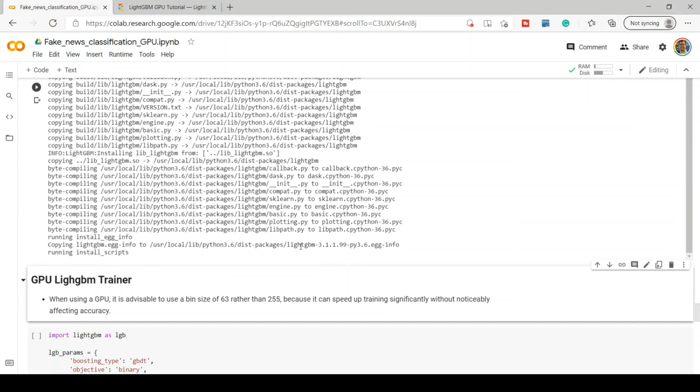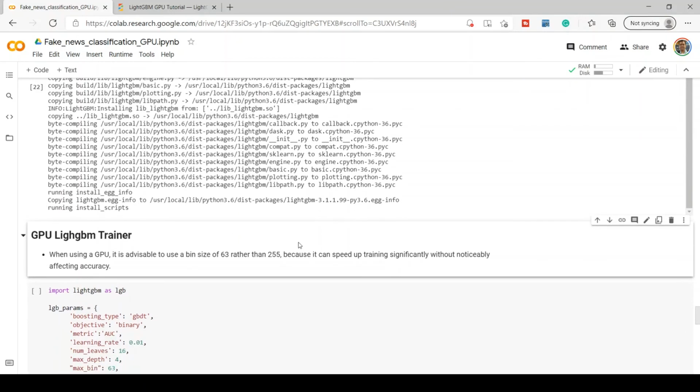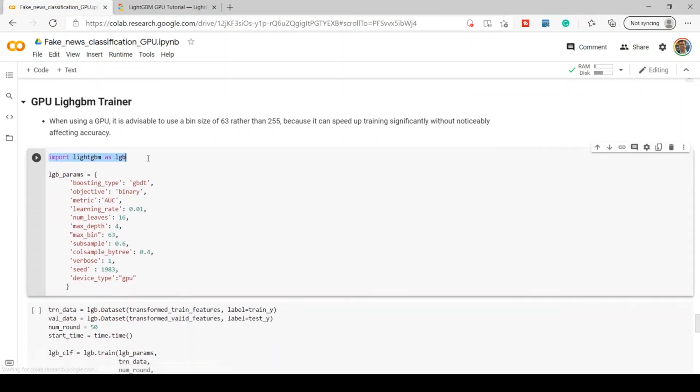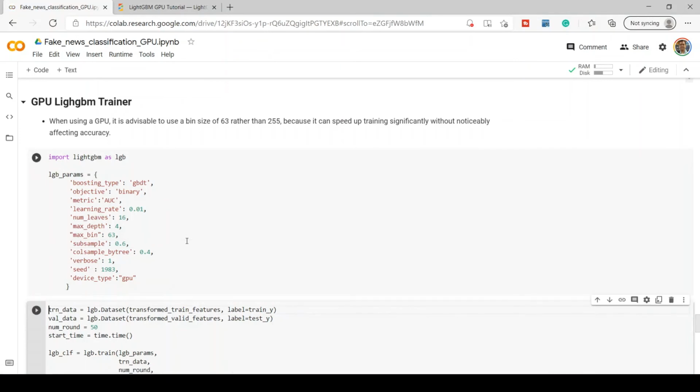That is done, and now my LightGBM is available for GPU model training. Here I'll be importing LightGBM, and I have defined all the model parameters. To activate GPU support, we need to provide this parameter, device_type, and give the value as gpu. We'll simply run it.